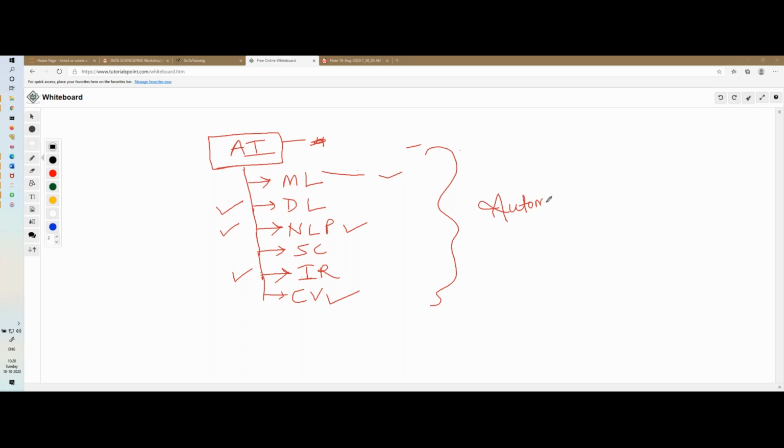Now many of you are already doing automation, right, using languages. So what is the difference between that automation and this automation? This is intelligent automation. That is manual automation. Meaning there humans are creating rules: if this, then do that; if that, then do this, right? Here there is no need to create such rules, and here the machine will create the rules, the machine will find out the patterns,